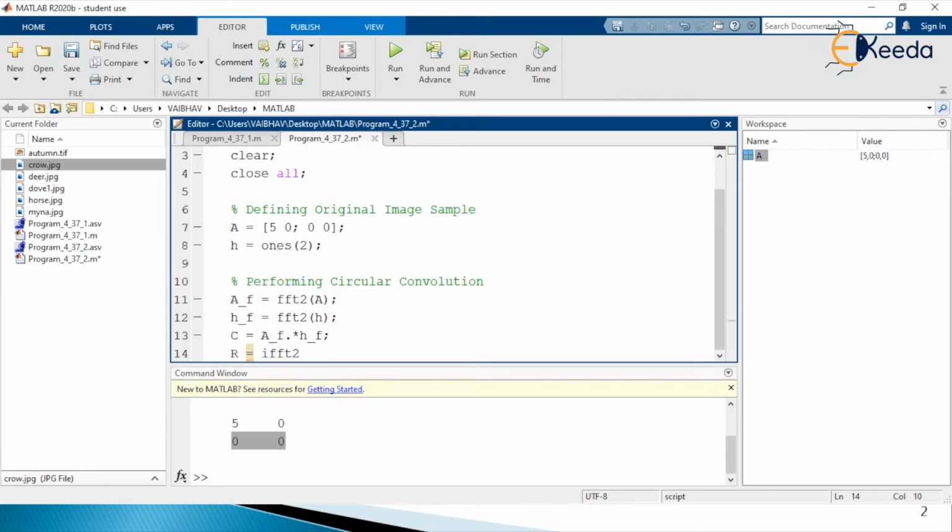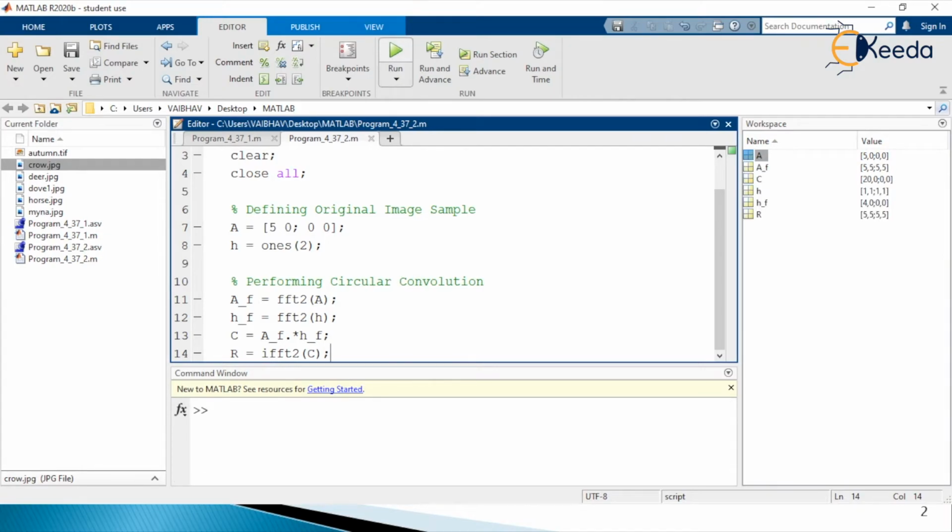So FFT2 is the forward Fourier transformation that is taking us from the spatial domain to the frequency domain. The IFFT2 command is getting us back to the original domain here. Here the input argument is capital C, ending the syntax with the help of C here. Let us save this MATLAB script and run it.